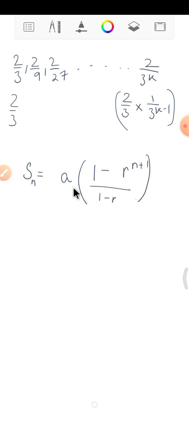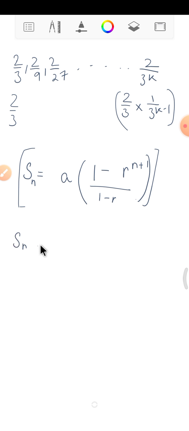When we take the limit, this term tends to 0, so 1 minus 0 is 1, and we get a upon 1 minus r. This is the actual sum. So here,